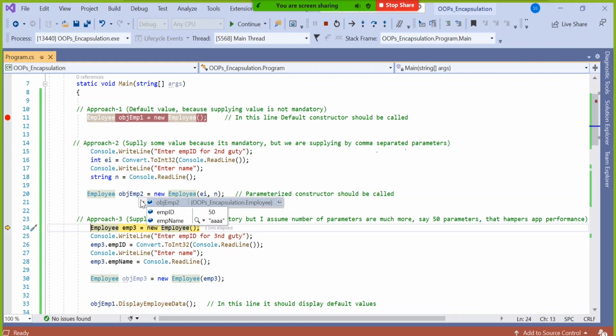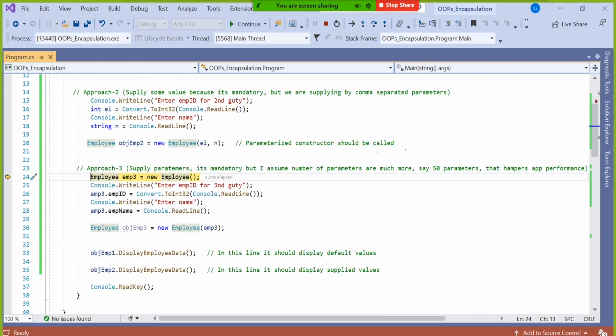Alright. So this is not disturbing OBJMP1. Can you see? Still OBJMP1 is having 100 and Amit. Now OBJMP2 becomes 50 and AAA. If I might not have supplied this data, then it could have again taken the default values 100 and Amit. Step by step you get clear and proceed further.